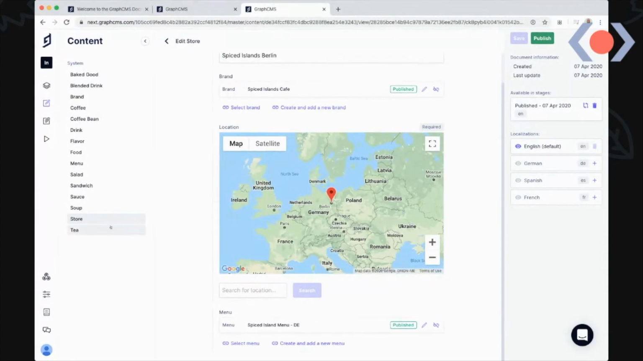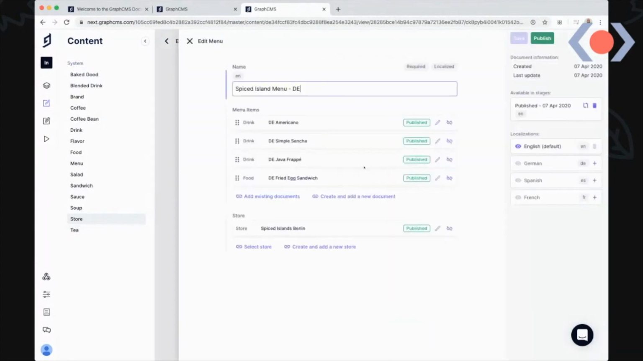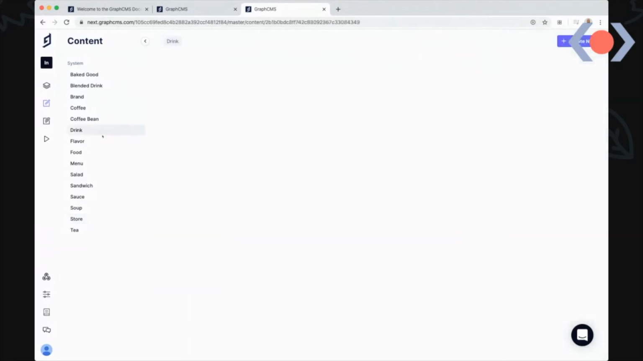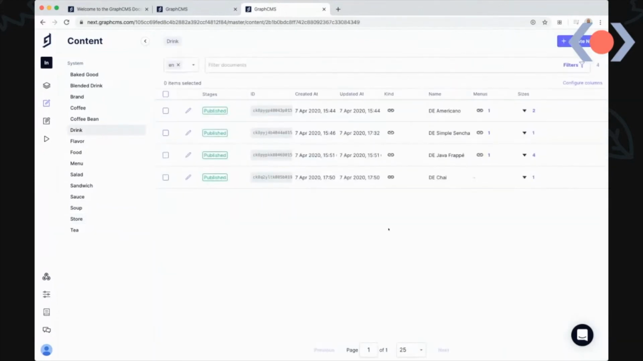If we hop over to that menu, we can see that the menu is comprised of menu items, and those menu items are these top level components such as the drinks or the food items. So it can be a combination of multiple types, and of those types, we've connected those to coffees or teas and other elements. So if I go to, let's say, making a new drink here, and I'm going to create a